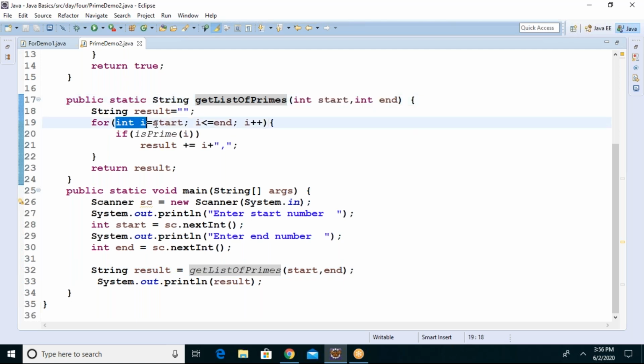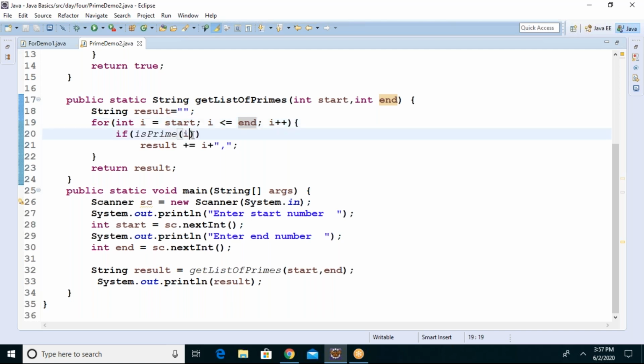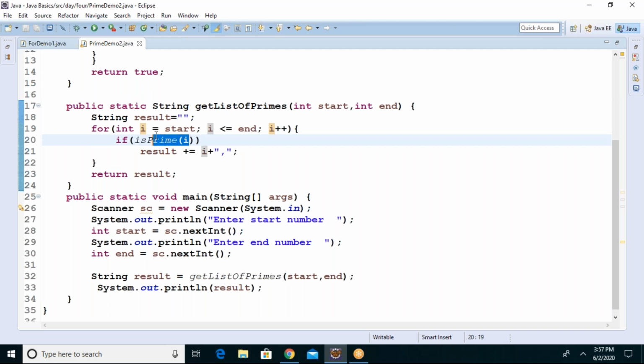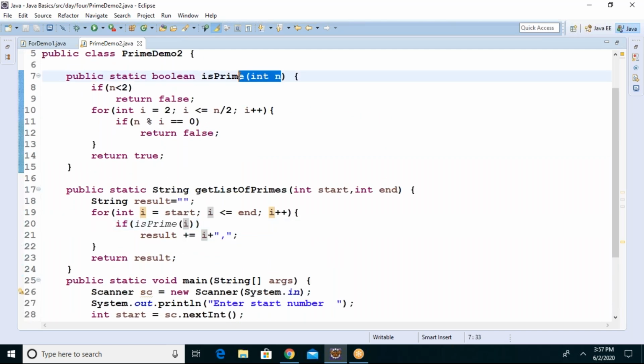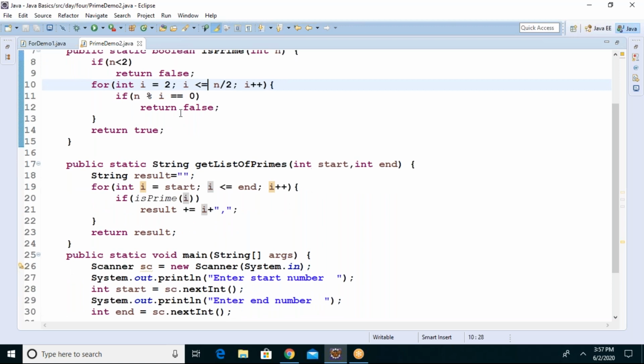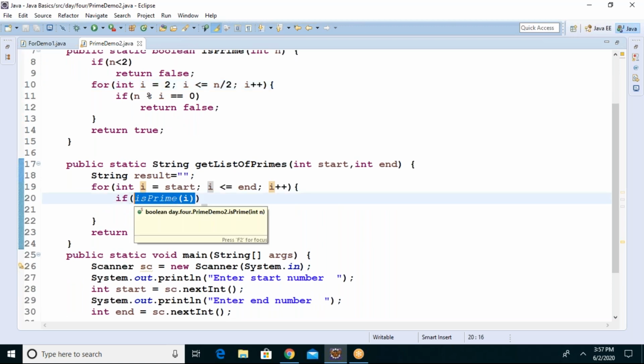Here, if you observe what I'm doing, I'm putting a for loop from starting to ending, and it first contains the starting value. It will go till the end value: if you give the first value as 10, then 10, 11, 12, 13, 14. So I will pass this first value, whatever it is. Suppose I gave 10, 30. So 10 first will be passed to this method is prime, which is already written here. Now it receives the 10 value and it will return either true or false based on the prime number. Now tell me, if I pass 10 in this method, will it return true or false?